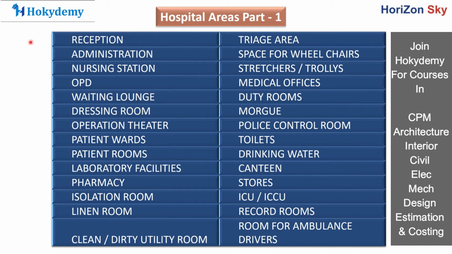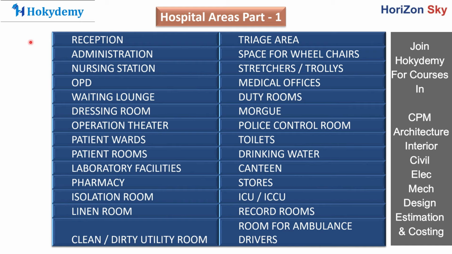So the different areas here are, firstly, the reception area. Now we'll take a standard model for discussing the hospital areas, so I don't have to mention every time that this area will be there and this will not. Firstly, we have the reception area. There are generally more than one reception areas in hospitals, as numerous patients are there in the hospital. Some of these patients need to be attended to very quickly due to some kind of emergency. So the reception staff is stationed there 24/7 and they work non-stop for the hospital.